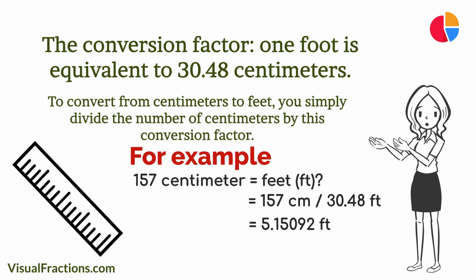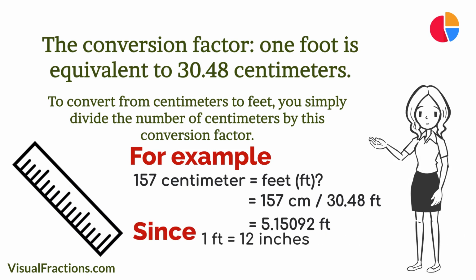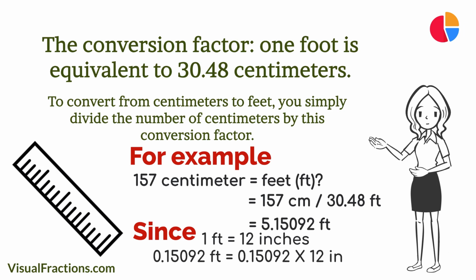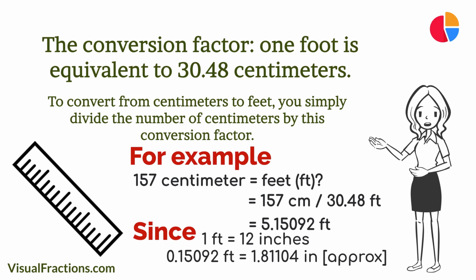5.15092 feet. To break this down into feet and inches, we'll separate the whole number from the decimal. The number 5 signifies the full feet, while the remaining decimal, 0.15092, indicates a fraction of a foot. Since 1 foot contains 12 inches, we'll convert the fractional part into inches by multiplying it by 12. Thus, 0.15092 feet is approximately